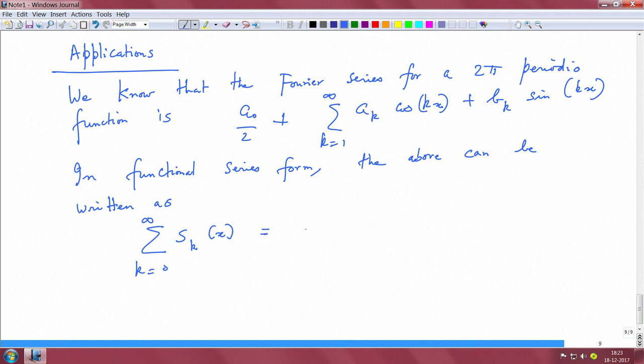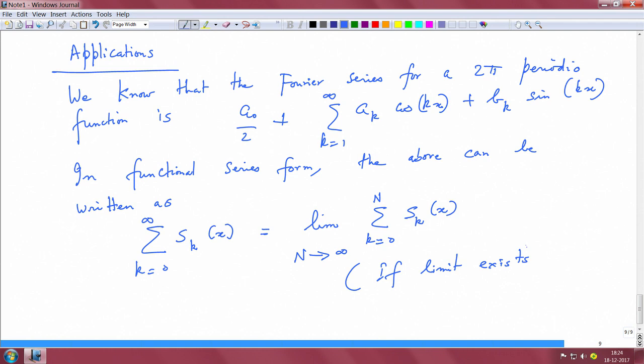Now, this, if you write it in the limiting form, is a limit capital N going to infinity of summation sk(x), k equals 0 to capital N. That is, I take a partial sum from 0 to capital N, I sum and then I take the limit. And you see, you ask questions if the limit exists, right. The question is here, if limit exists. And for different values of x, I can have different limits, right. I mean, it is also obvious